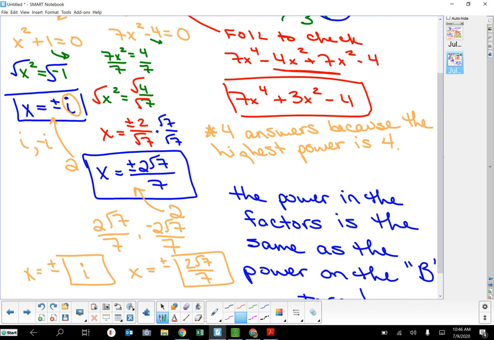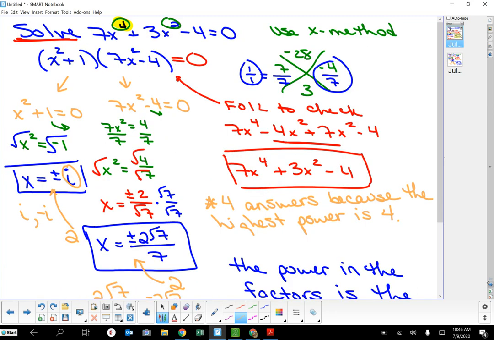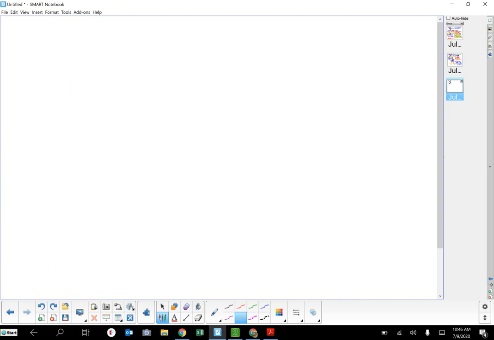The second one that we were going to do is, I don't know, I have to go back and look. All right. 9x to the 4th. Let me just number these on my paper. So this is 2. This is going to be 3. 4 is going to be that guy, and 5 is going to be that guy. Okay. So number 2. I need a different pen. Go here. Okay, so we are going to solve